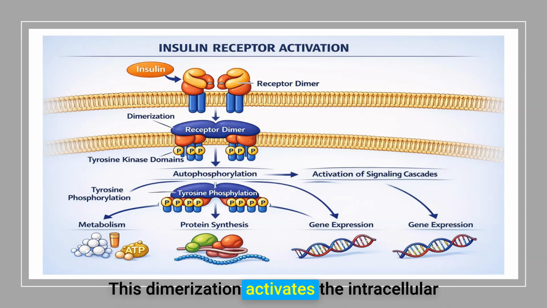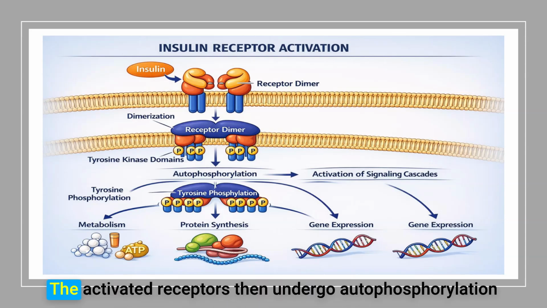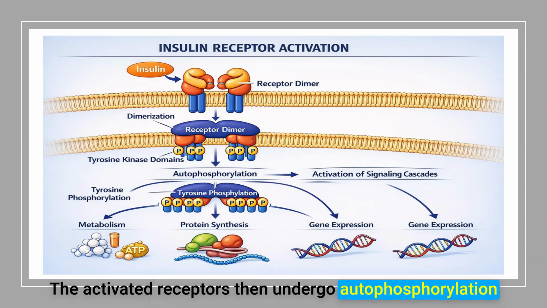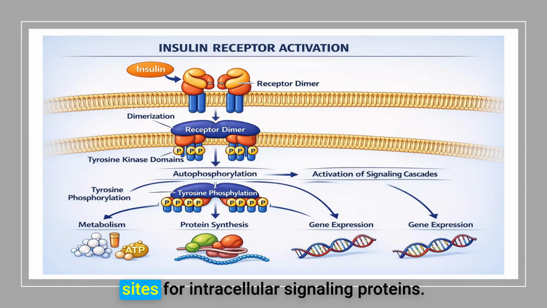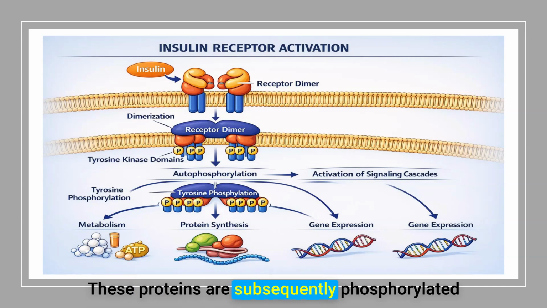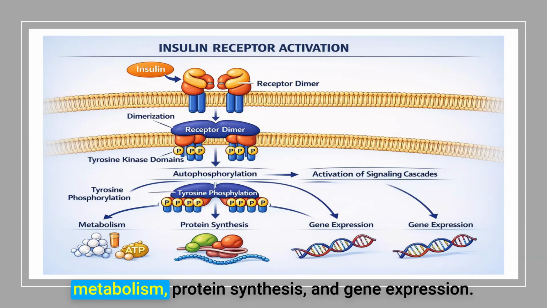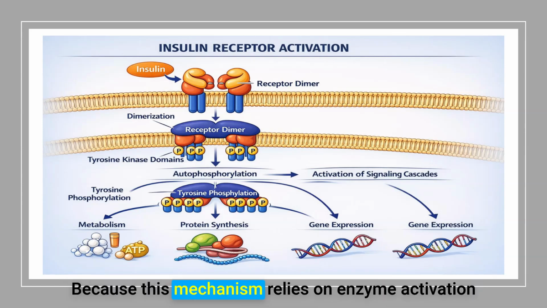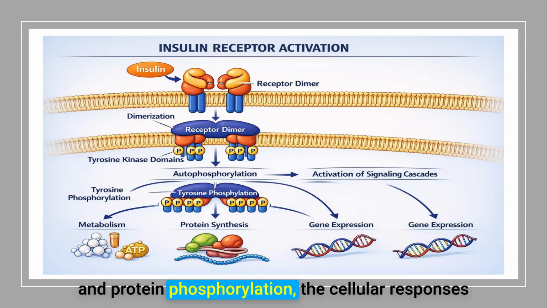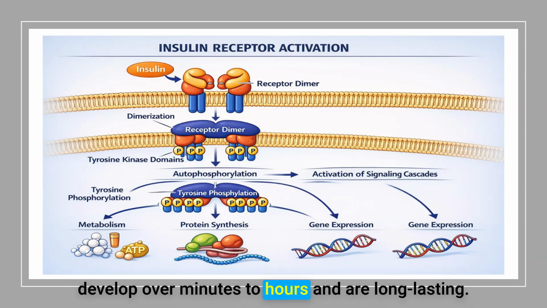This dimerization activates the intracellular tyrosine kinase domains of the receptor. The activated receptors then undergo autophosphorylation on specific tyrosine residues, creating docking sites for intracellular signaling proteins. These proteins are subsequently phosphorylated and trigger multiple signaling cascades that regulate metabolism, protein synthesis, and gene expression. Because this mechanism relies on enzyme activation and protein phosphorylation, the cellular responses develop over minutes to hours and are